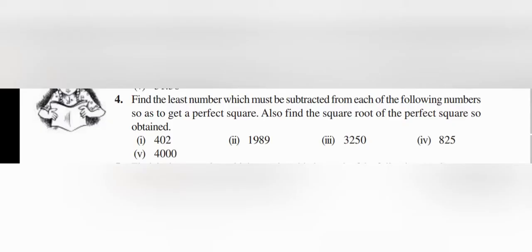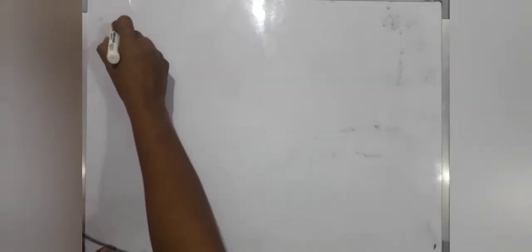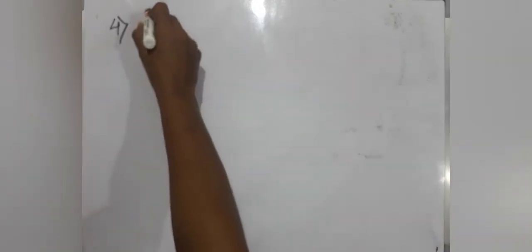Question number 4, find the least number which must be subtracted to get a perfect square, and also find the square root of the perfect square so obtained. Now here we will use the division method to solve the sum, and whatever the remainder will be there, we subtract from the given number to find the perfect square. Question number 2,